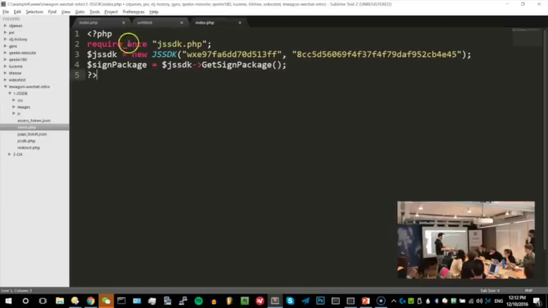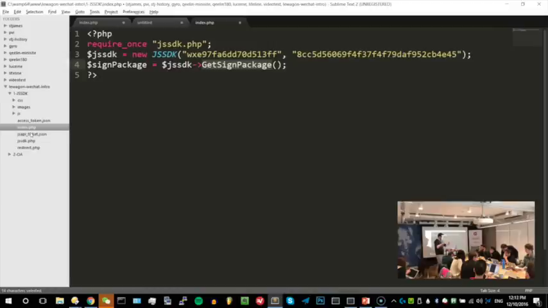This is a class, and we're not going to explain that. Just remember that it's a big function that processes all the stuff for us. Inside, we just give two parameters, our app ID and app secret. It's going to take this information, and we ask it to give back the signature. That's all we ask of it.